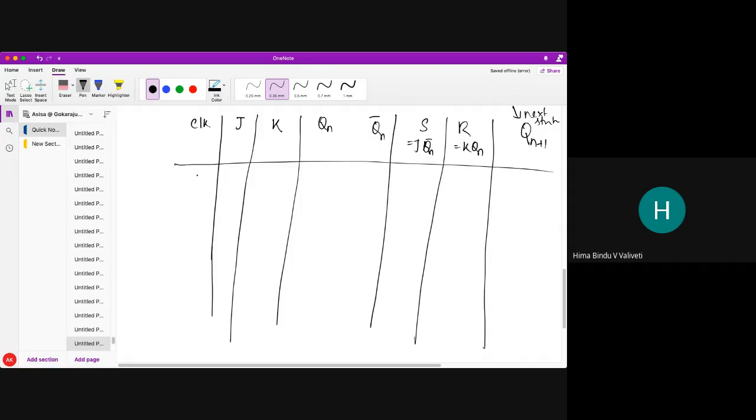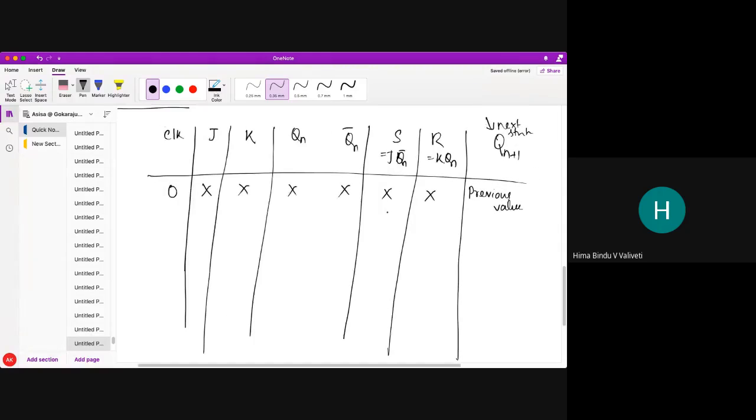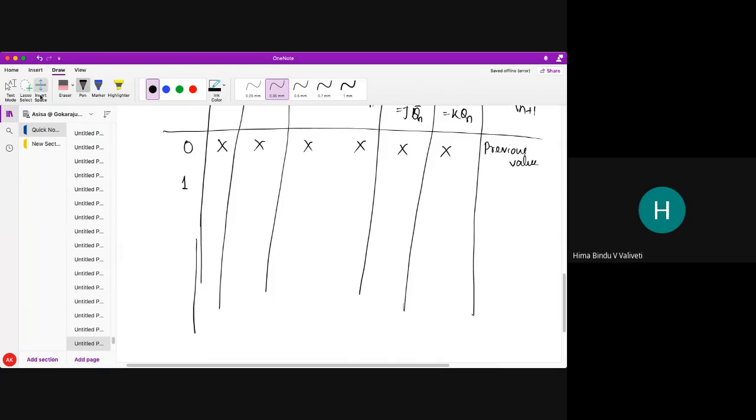Once the clock pulse is not applied, then whatever my JK, whatever my Qn bar, whatever my S and R are, I will not get a new next state output. What I will get as the actual next state output is whatever is there in the memory element, the previous value. Do you all understand, students? Because I have told you the flip flop is controlled by the clock pulse. If the clock pulse is absent, whatever my inputs would be, I will get the previous value. Now if the clock pulse is present,